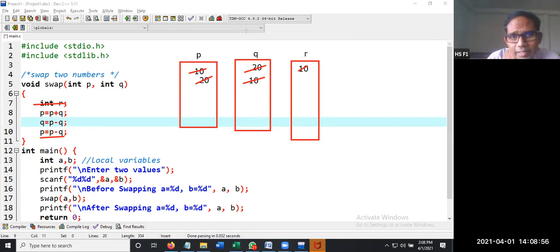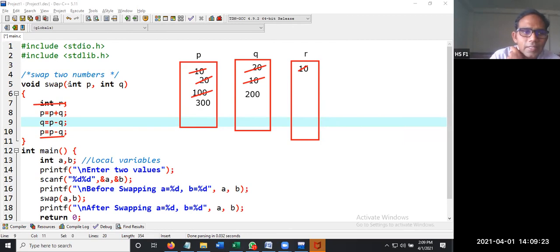Say initially the value of p is 100 and q is 200. So what is the first line? p = p + q. 100 plus 200 is stored back in p. So we will be losing the value 100 from here, and the new value is 100 plus 200, that is 300. That is the first statement.